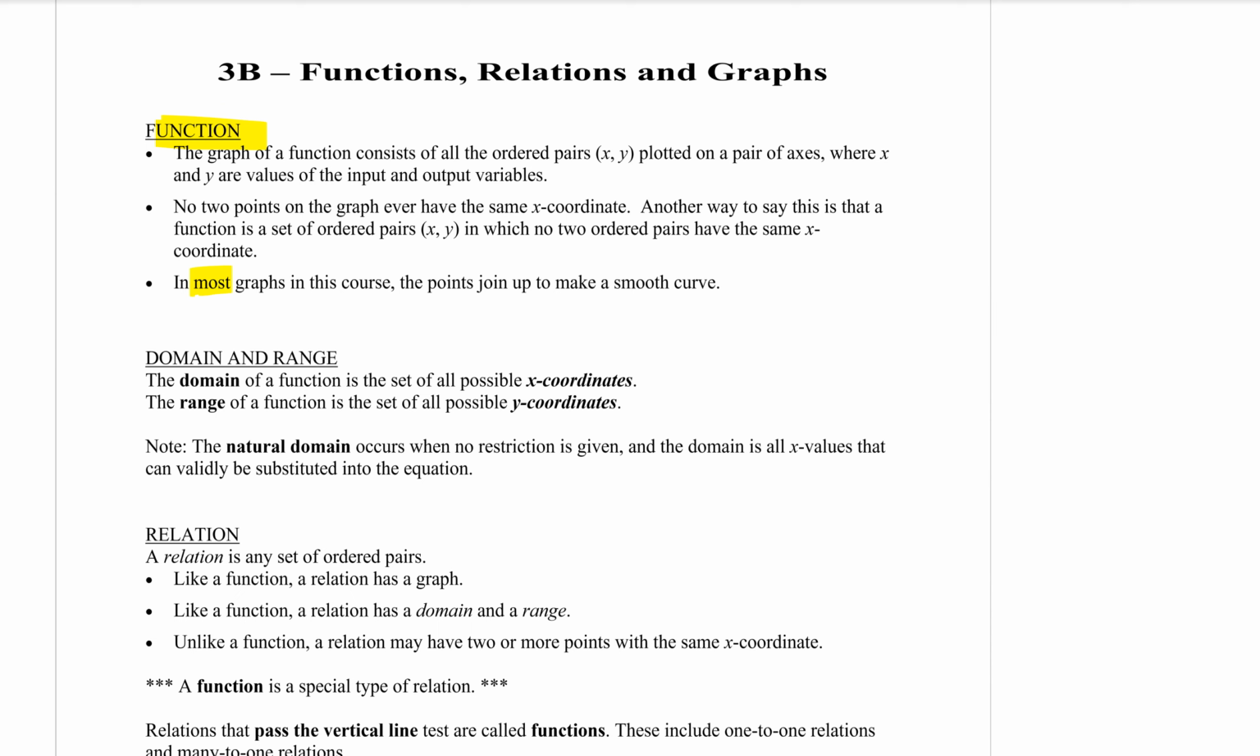Domain and range, you know these from last year as well. I'm going to be asking you to find the domain and range of some graphs. The domain means that I'm asking you what are all the possible x values that that graph can have. And if I ask you for the range,